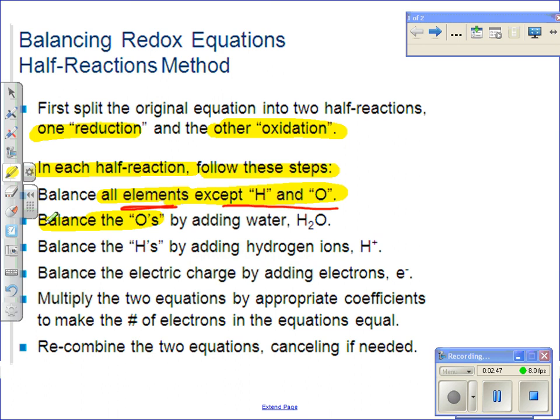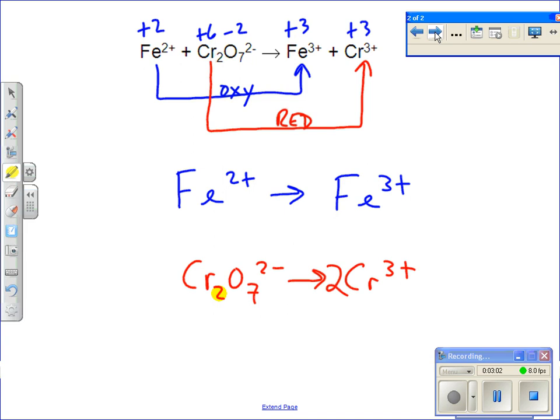How do we balance oxygen? We balance oxygen by adding water. We add water, or H2O, to add O's to whatever side we need, and all we're doing is counting oxygen. That's all you're doing. So we go back over here. In the first one, the Fe, the oxidation, there's no oxygen anywhere on either the left or the right, so it doesn't matter. On the bottom equation, I have 7 oxygens right there, which means I'm going to need to add 7 waters on that side. By adding 7 waters, I added 7 oxygens. So now the oxygen is balanced. Next step